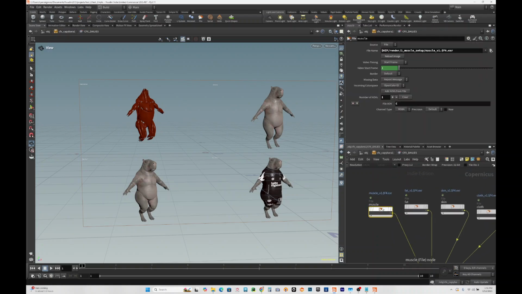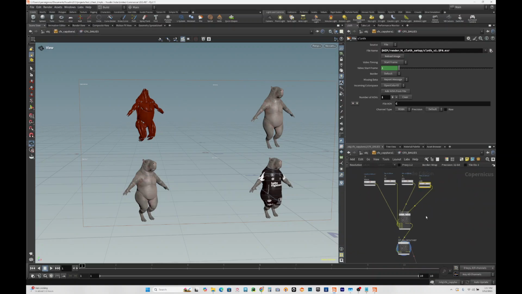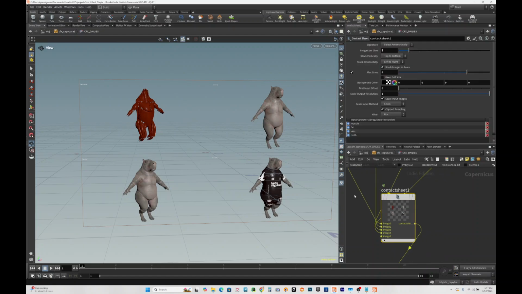So if I show you, for example, I just have some file nodes. This is our muscle. This is grabbing our muscle sim render. So that's the path for our v1.$f4.exr. For our muscles, this is our fat, skin, cloth, all with the same naming conventions. So it's just grabbing those files, and then we're using this contact sheet node,